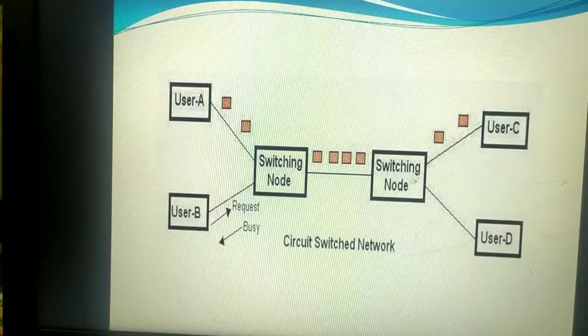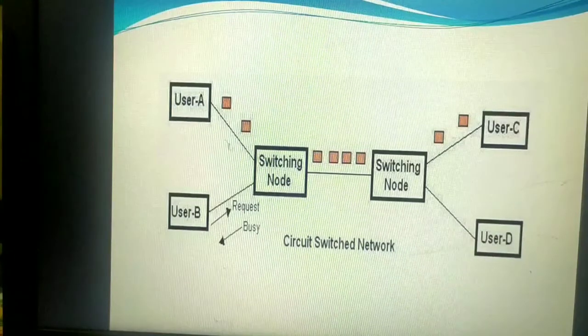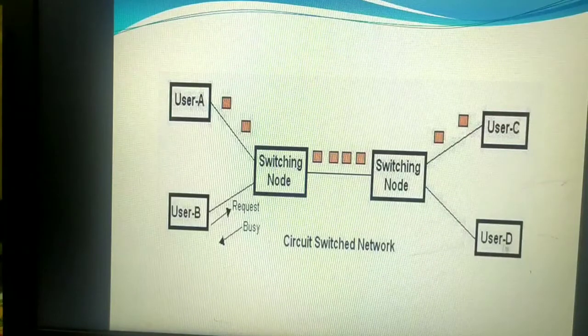He is busy with another call. At that time, PSTN, or the switching node, will understand that user C is busy. Then this switching node will reply to this node, and this node will send a busy tone to user B. That's how you will come to know that C is having a conversation with another call. Now suppose that A is having a conversation with C, and B is having a conversation with D.